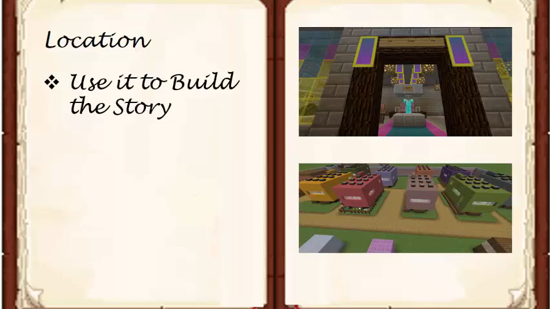For the movie set, I knew I wanted to do a movie set. I'm like, okay, so what can I do revolving around a movie set? I'm like, well, what kind of movie do I want it to be? And that's how I got the whole outer space kind of movie theme with Rogue Planet and everything. So use the location you want to build to help you actually figure out what you want to have happen in your stories.